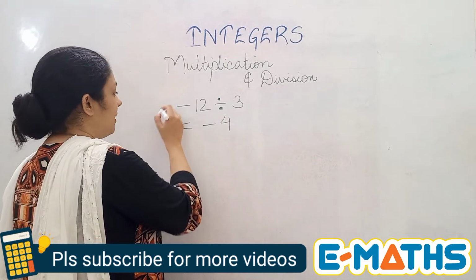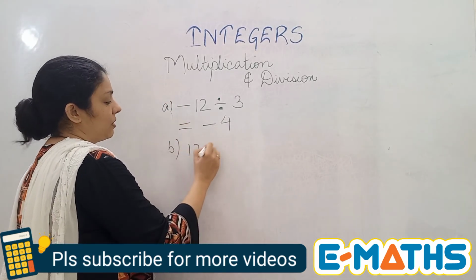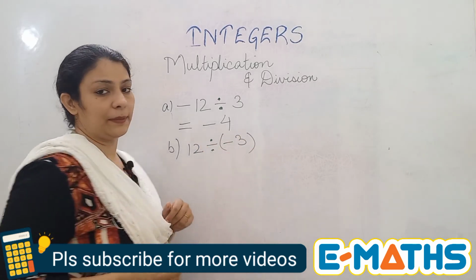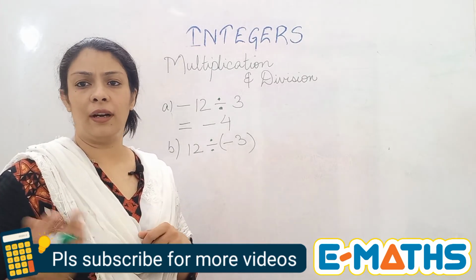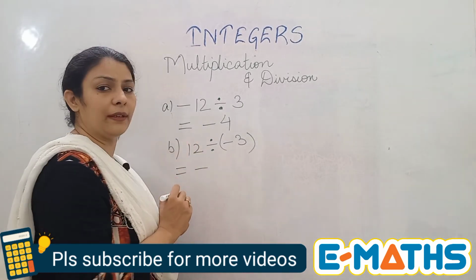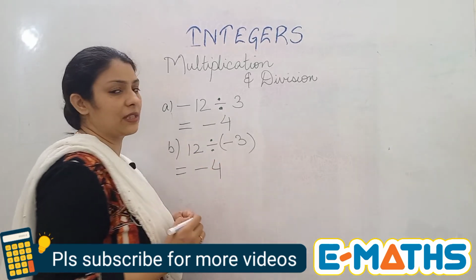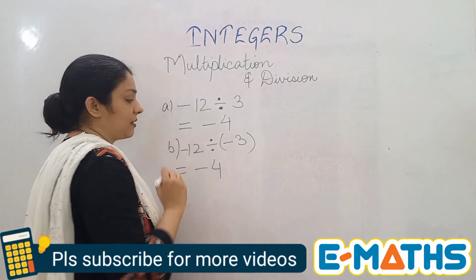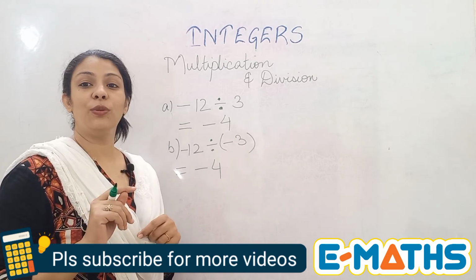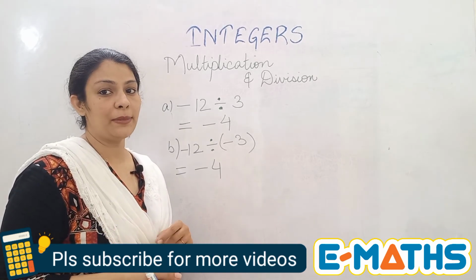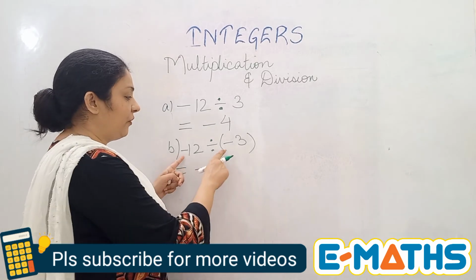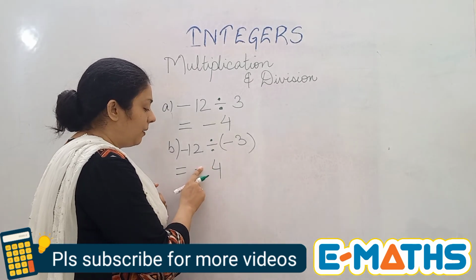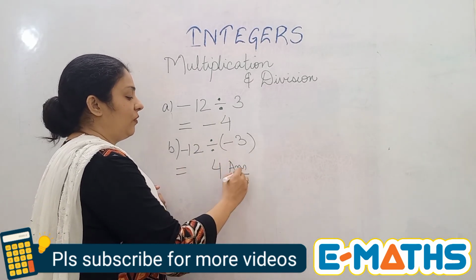Okay. So even if I change the sign, like 12 will be positive and the one by which we are dividing, the divisor, is a minus 3. It is again coming an odd number of times, so minus will be here and you divide it, again you will get a minus 4. What if I had taken this 12 also minus? So remember the rule that if it is coming an even number of times, the answer will be positive. So here if you see, we have two negative signs which is an even number. That means your answer will become a positive integer. Only 4 will be the answer.